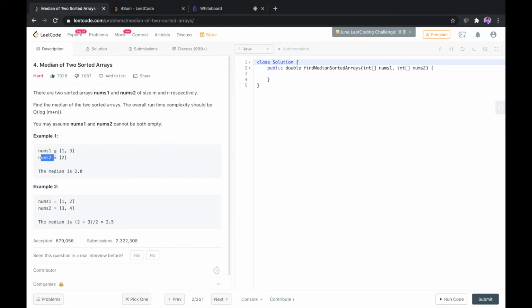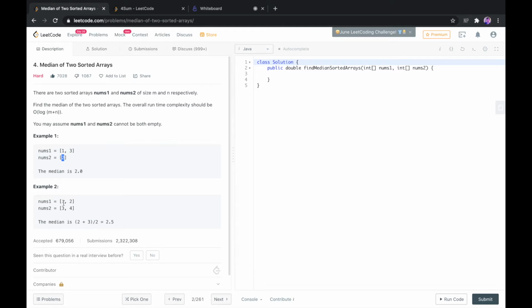Whenever we have an odd number of values inside an array, the middlemost element is the median, and whenever we have an even number of elements in our array, the average of the two middlemost elements is the median. This was an example for an odd number of elements because the total number of elements is 3.